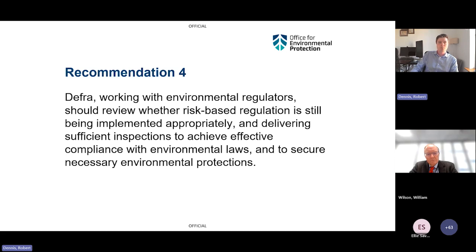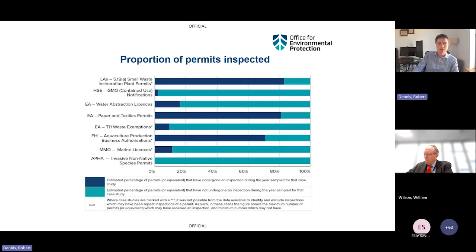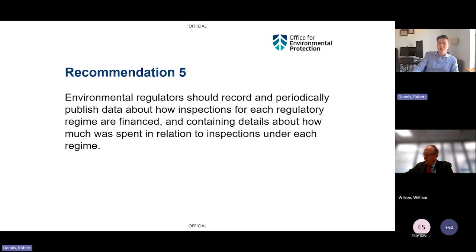So essentially, what we're focusing on here is we're not saying that there's an inherent issue with risk-based regulation at all. What we're saying is risk-based regulation has been around for quite a long time. It would make a lot of sense for DEFRA and other bodies to take a step back and look at it on a really wide level and say, is it working in the way it was intended? Are there ways we can enhance it? Are there other factors starting to play in that we weren't intending to play a role in this? So it's really just about taking a big look at risk-based regulation just to make sure it's working as it was meant to. Our fifth recommendation is on resourcing and financing.